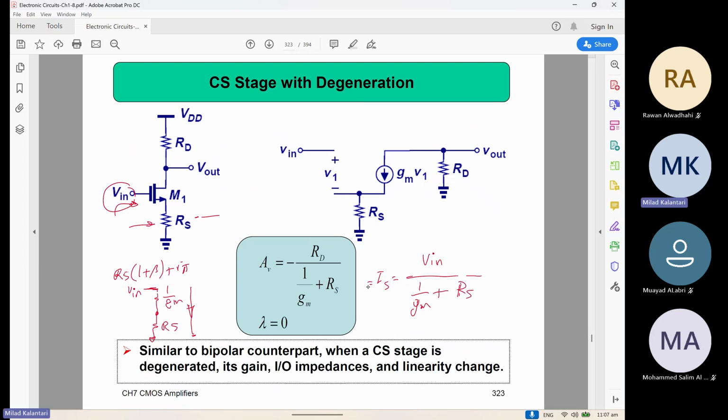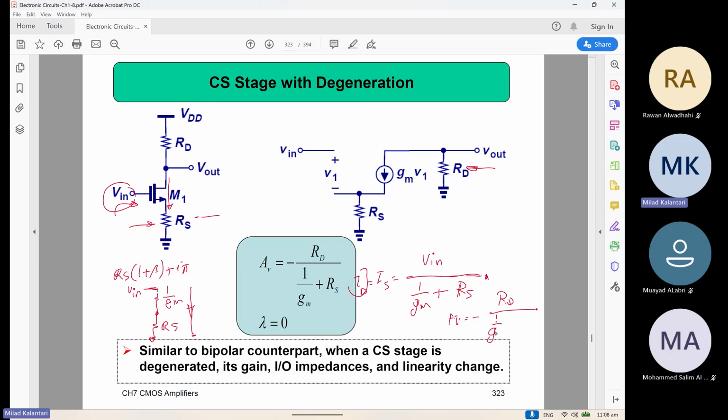And then the IS is exactly ID in the MOSFET because there is no other path for the current to go. There is only a single channel from drain to source, right? So you basically know the ID, and if you multiply the ID by the drain resistance, it gives you the output voltage. So the total gain would be, with a negative sign again, RD divided by 1